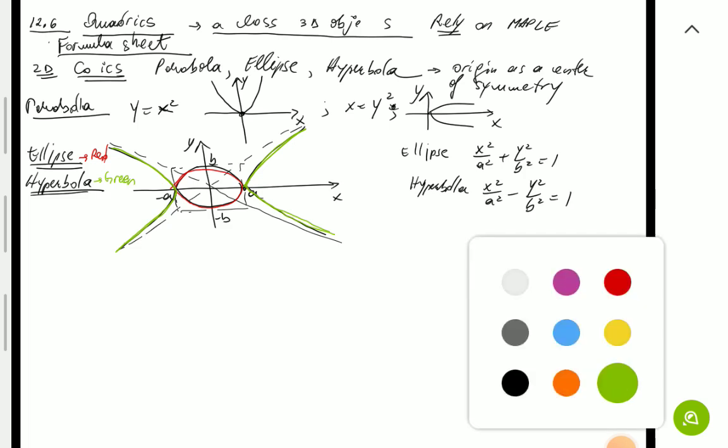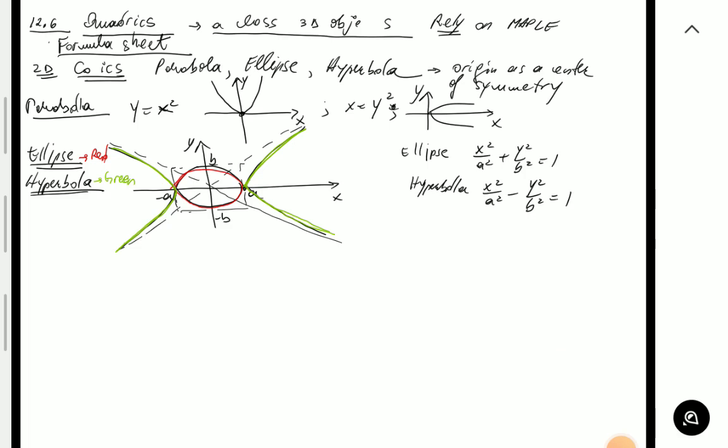So the quadrics we're talking about are a class of three-dimensional objects for which intersections with horizontal or vertical planes will give you one of these three curves. That justifies the naming of these shapes. So here's one type of surface, and what's important, I should mention here, it's extremely important to visualize